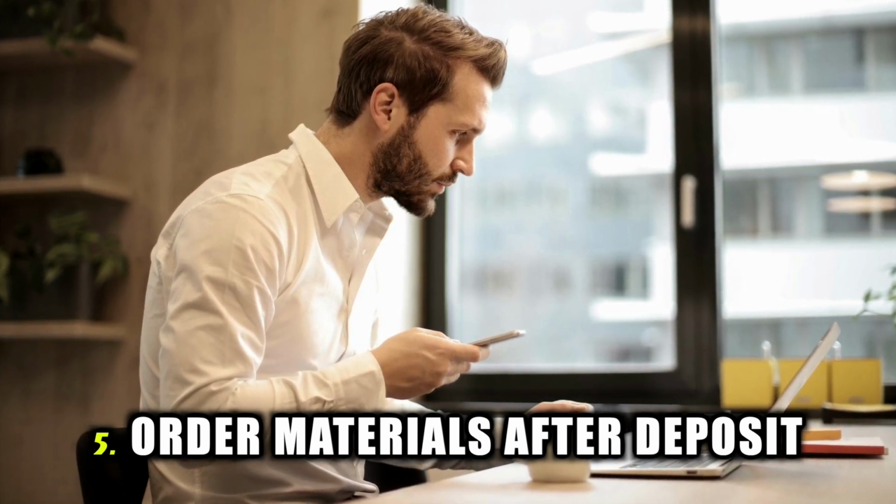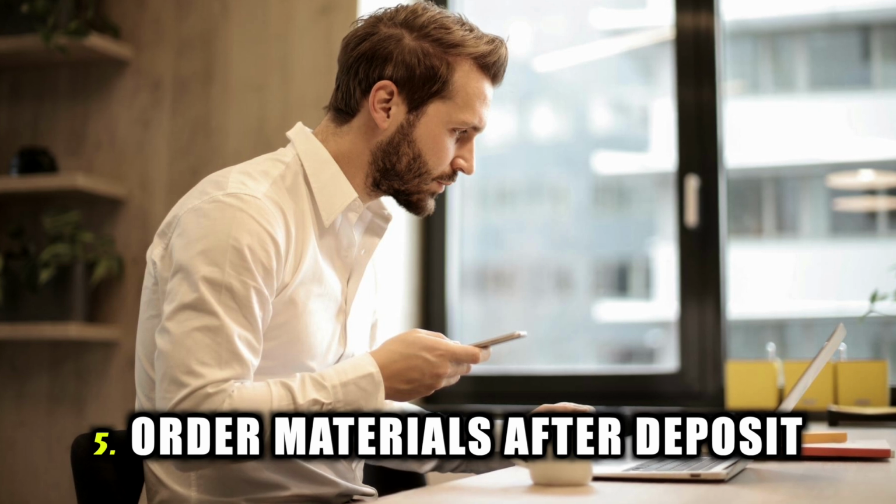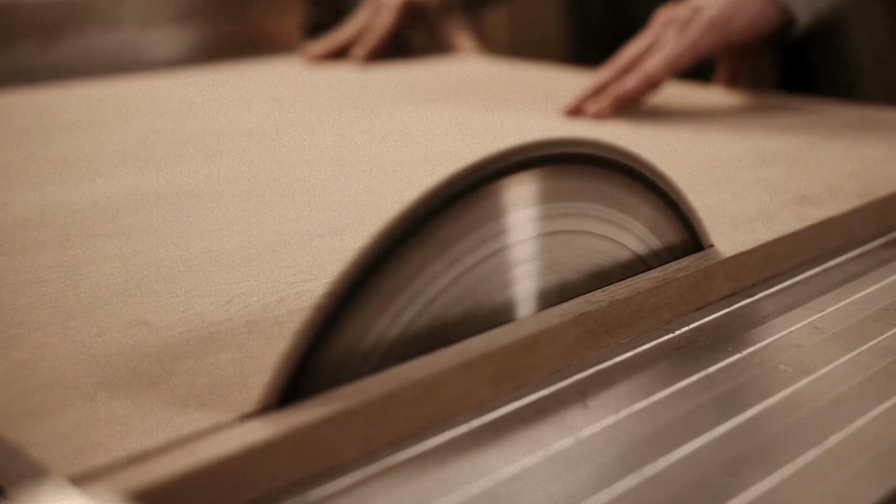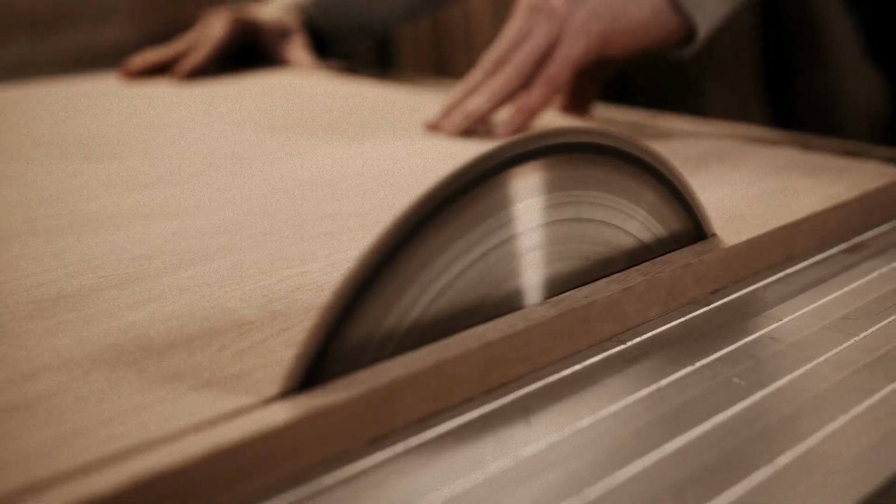So as soon as somebody places an order with you, use that deposit to order the materials. And you might be like, well, if I use that to get the materials, I'm not gonna have hardly any profit left over. You're exactly right. Not from the deposit, you're not. And that's a good thing, because it's gonna force your hand to get through production faster, because all of your actual profit is gonna be on the back end of collecting the second half